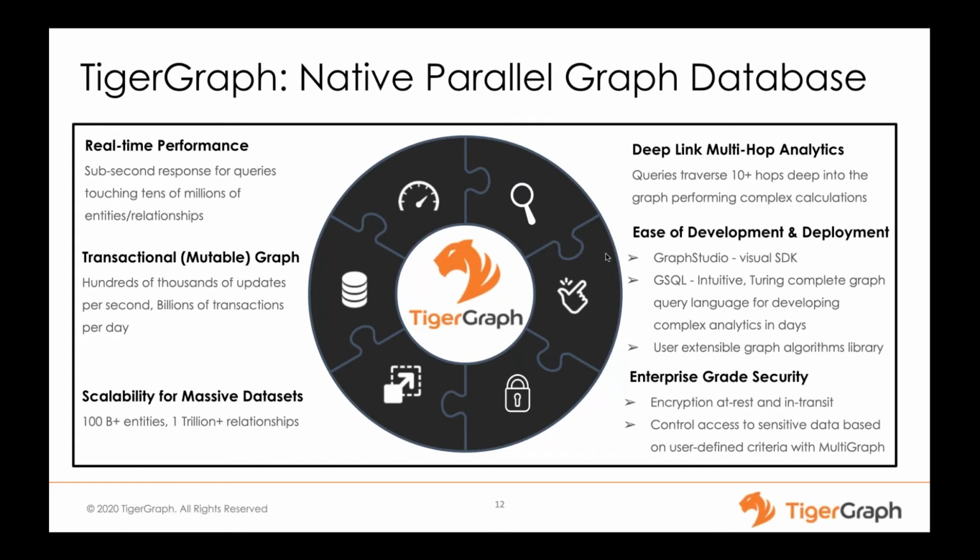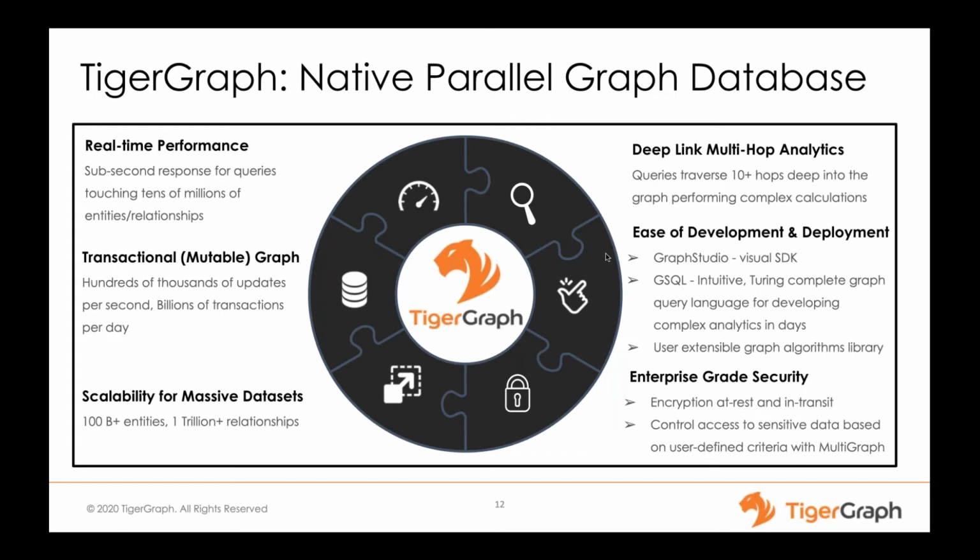Like I said, TigerGraph is built on MPP architecture. Similar to other MPP architecture databases, everything is designed to be fault tolerant, HA, and to run in parallel. That way, scale and performance are never a concern. The more hardware you add, the performance increases linearly. So from the ground up, it's not a bolt-on, but a native implementation all the way from the platform to allow you to scale that way.